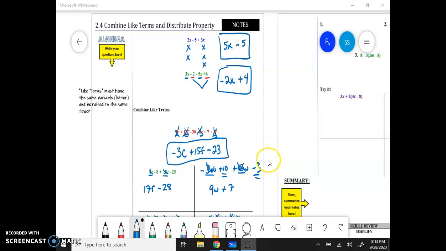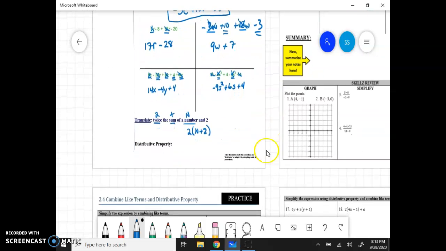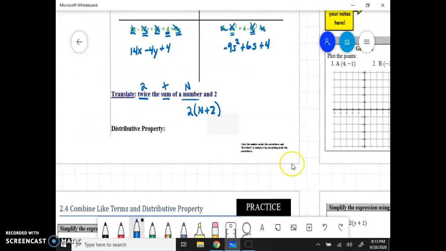Alright, this is the second video for 2.4, combining like terms and distributive property. We're starting right at the bottom here. We've got something we have to do here. So distributive property, let's just take a look at something like